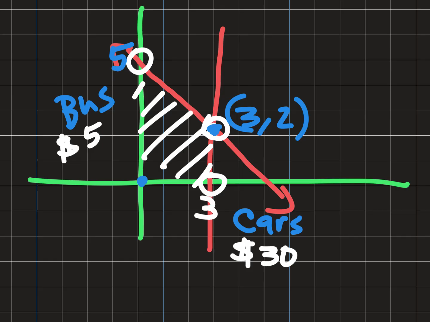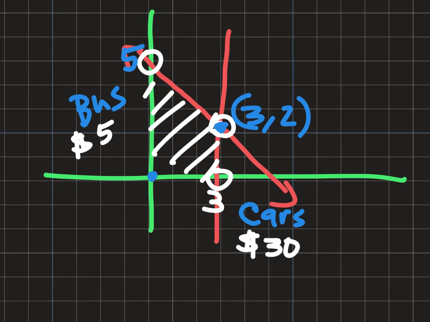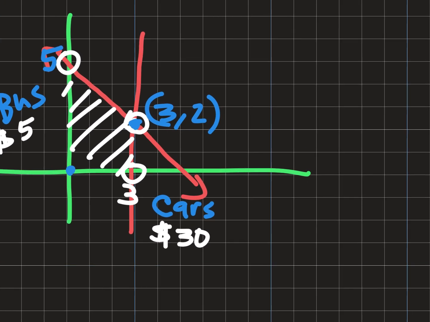So then how would you write the optimize equation for this? This is profit. You're going to make $30 profit for the cars and $5 profit for the buses. How would you write the optimize equation? And then, how would you show that a certain point is the best? All right, let's see if you know how to do that part of these problems. What is the optimize